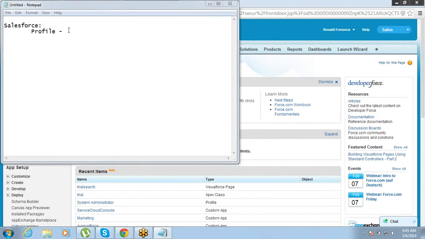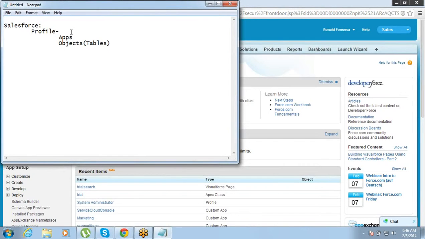So basically, profile is a collection of permissions, correct, assigned to the user. Right. So what all permissions are we controlling through profile? We control the apps which will be available to the user, the objects or the tables which will be available to the user, what will be the access on the data, whether the user will be able to edit the data, create, delete, or just see the data.